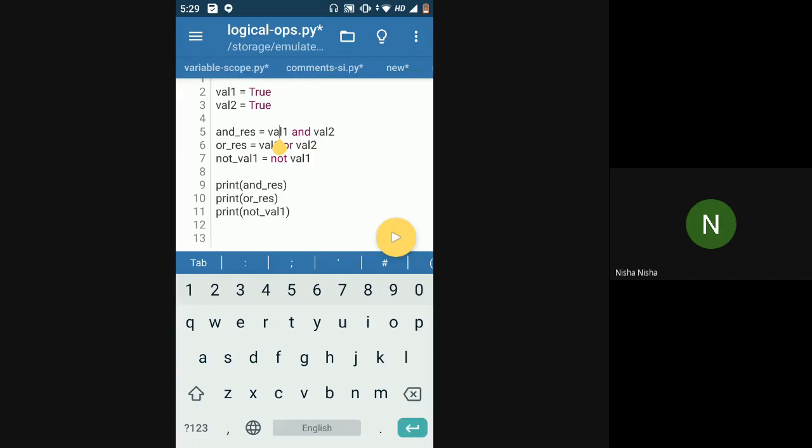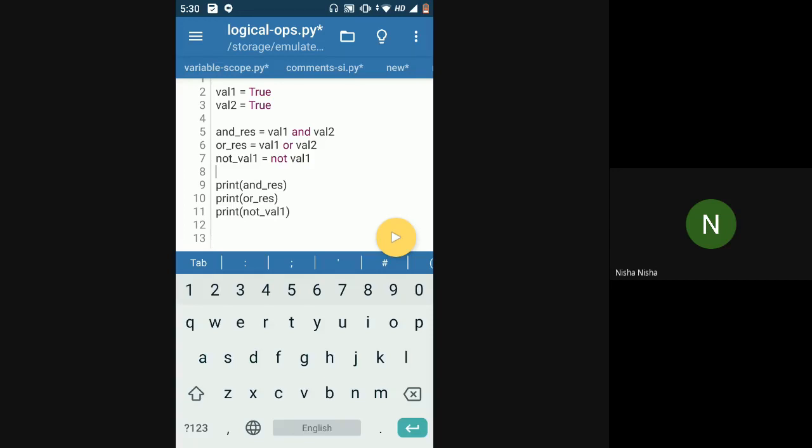So here you can see val1 is true and val2 is true, right? There are three logical operators basically: AND, OR, and NOT. NOT is the simplest one. NOT val1 means, now as you know, a boolean operand only has two values, right? Every Boolean operand will only have two values, true and false. Either it can be true or it can be false. So when you apply a not before the Boolean variable, it will convert the value, which means if my val1 variable was true, my line number 7, that is not val1, will give a value of false.